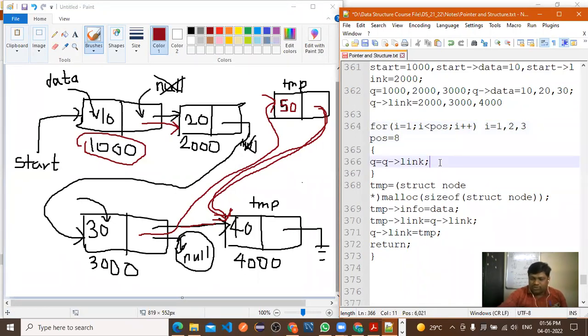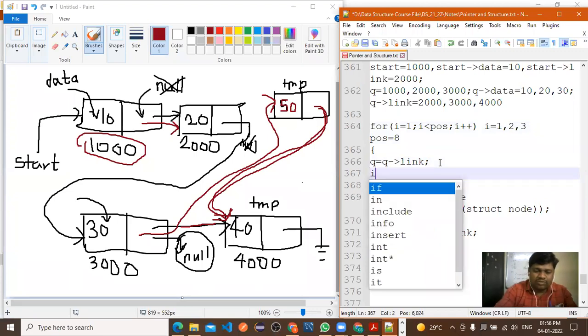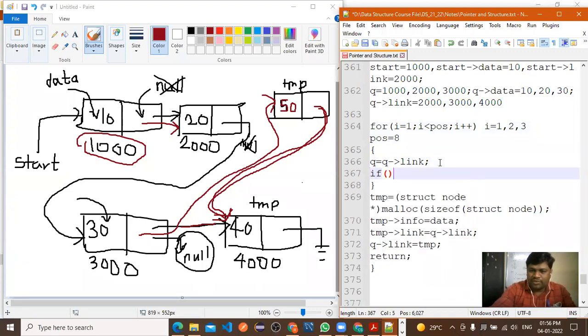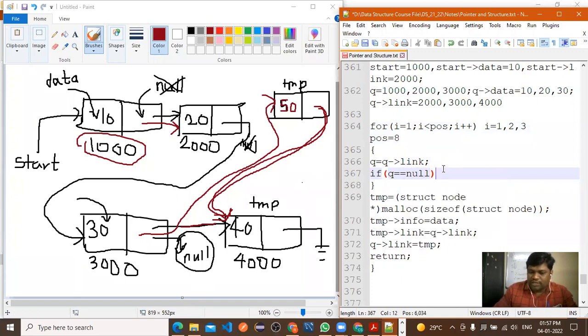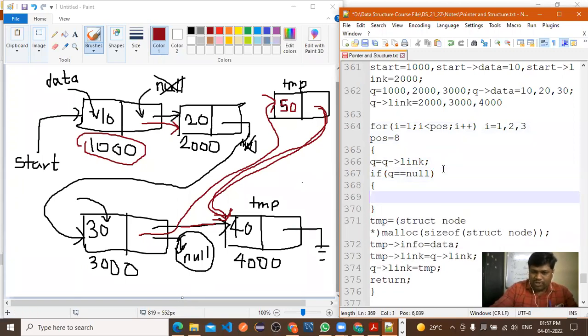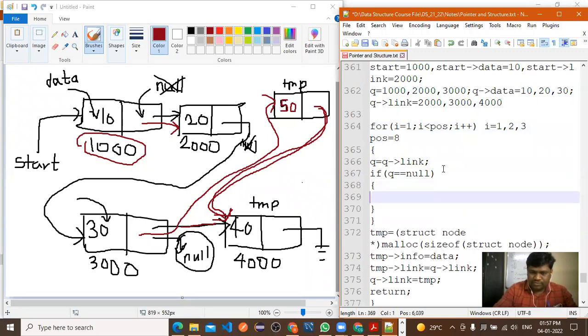So at that time, here we need to check. So one if we will add here. Your last element is if q is equal to null. Q is equal to null आला next element. इथं next element null आला तर डायरेक्टली काय करणार आपण? तो कुठे ऍड करणार? जर समजा मी 8 टाकली, POS 8, ही पोझिशन अवेलेबल आहे का?